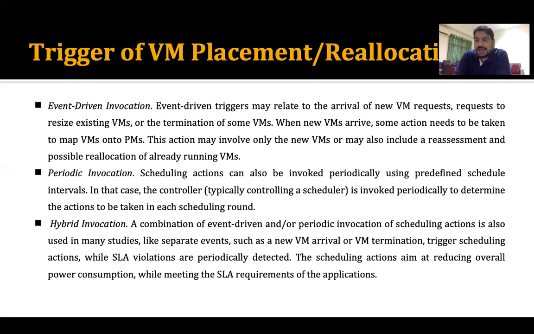Here I am taking CPU utilization as the value. Let's say the CPU utilization is 90%, and I don't want to go beyond that, because if I am using the CPU in that manner, maybe my system will crash and all the virtual machines in the system may suffer. I don't want these types of things. So I'll migrate some of the virtual machines to another physical machine which is underutilized. In that way, I am balancing the load. So that is also a situation in which we require the placement or reallocation of the virtual machine.